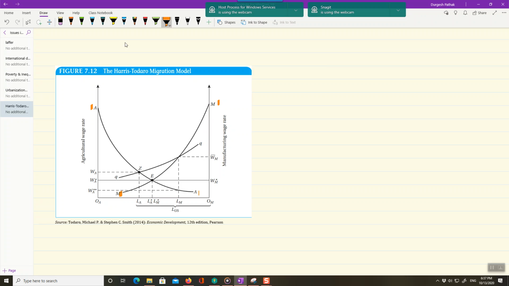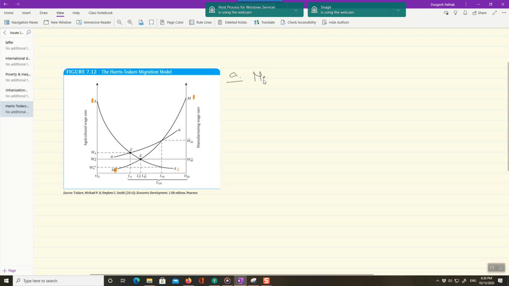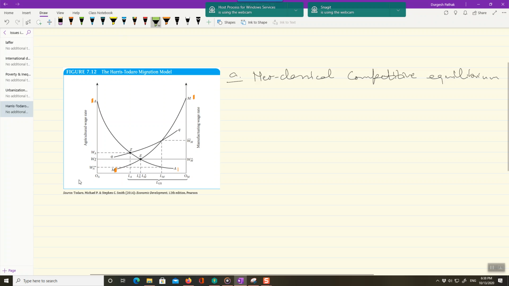If we have our neoclassical kind of model, let's first talk about the neoclassical competitive equilibrium. So what will happen here? We realize that these OA, LA star workers will be demanded in the agricultural sector at the wage rate W star A,